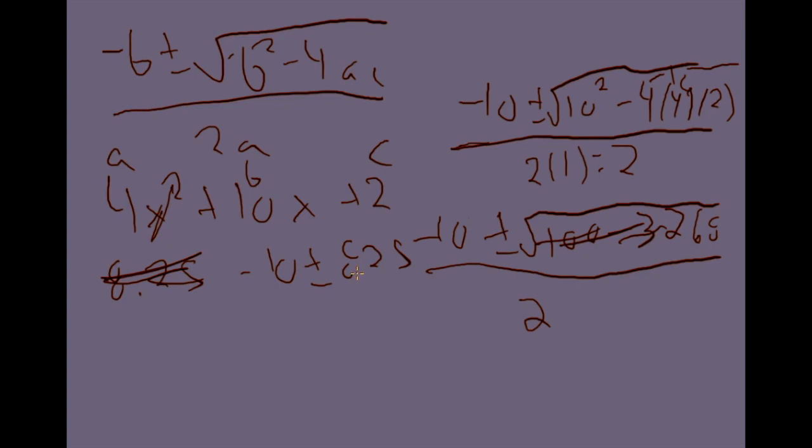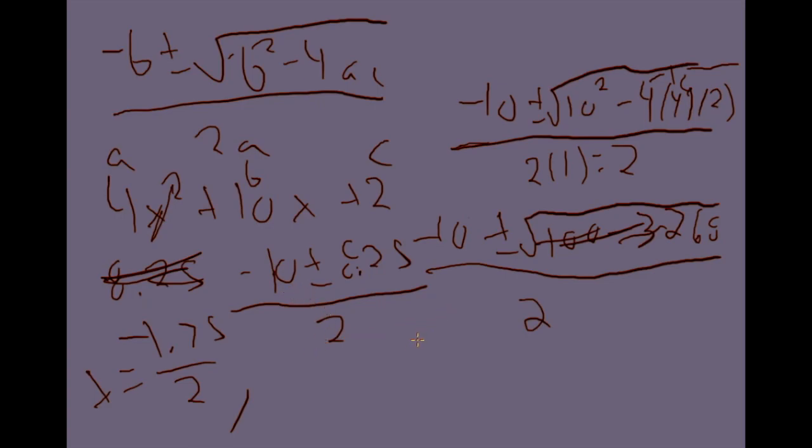We're going to round up now. It's a bigger number than that. But we're not going to worry about sig figs here just because it's a lesson. I want to keep this short. And this is going to be over 2. So negative 10 plus 8.25 is going to be negative 1.75 over 2, and then the other x, which is x equals